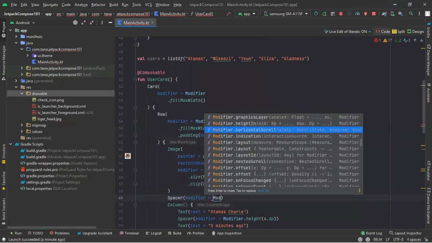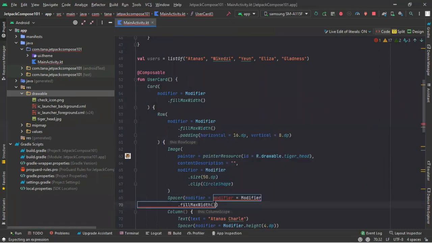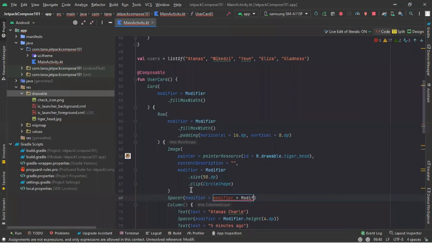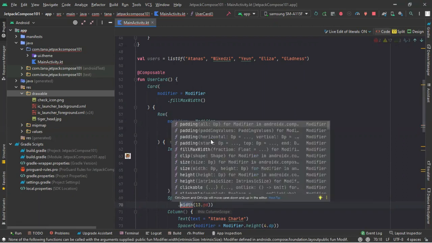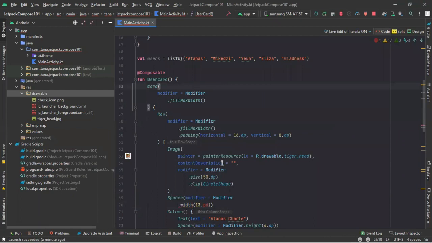Yeah, too many of that. Let's say we want this part to be a width of maybe 12 dp. Actually, I don't need this. So now,